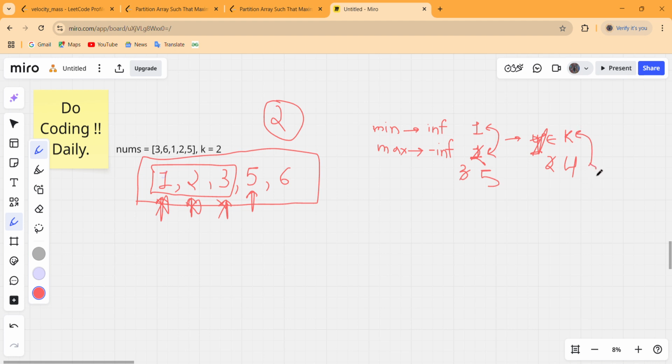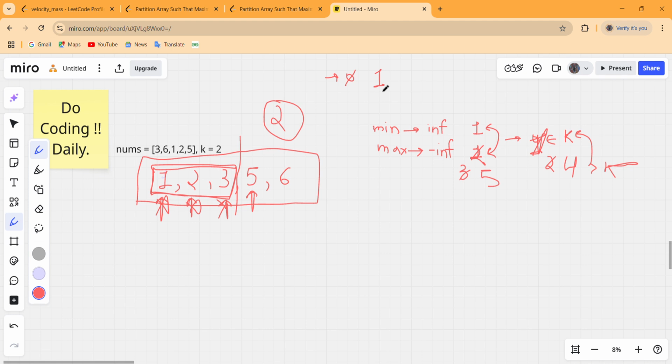Now 4 is greater than k, and if we find any difference that is greater than k, that means a partition is possible here. So the previous values can be grouped together, and now we have to increment our CNT. That means if our CNT was previously 0, that will be 1 now.